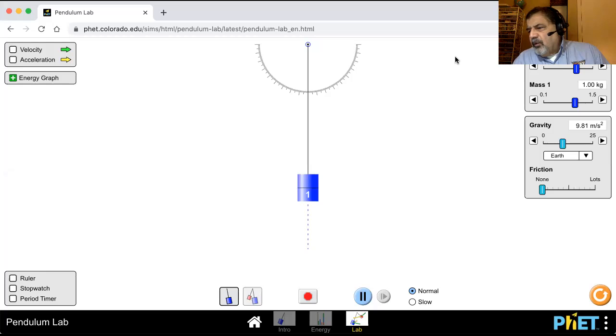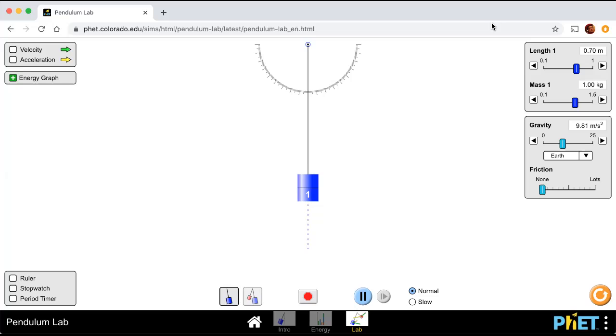This is step 4. It says experimentally investigate the relationship between the length and period of the pendulum. Using 4 different lengths, they recommend 0.2 meters, 0.4 meters, 0.6 meters, and 0.8 meters, and that'll work fine. Let me diminish this. Hopefully you can see the length. You can use the 1 kilogram, that's the default, and